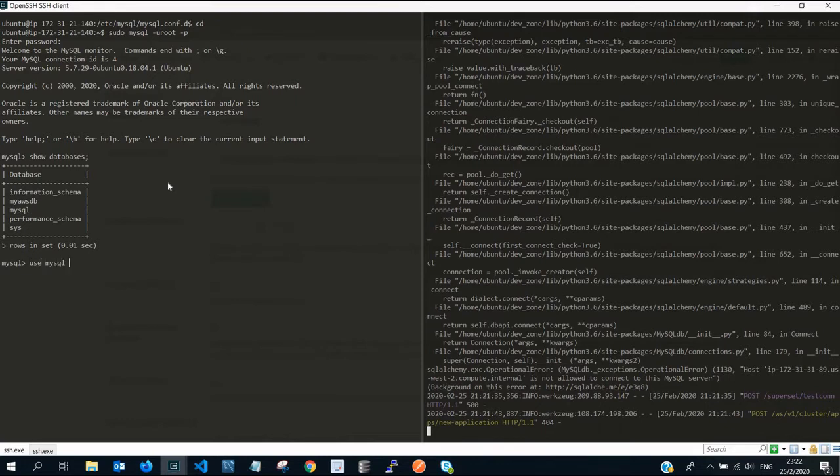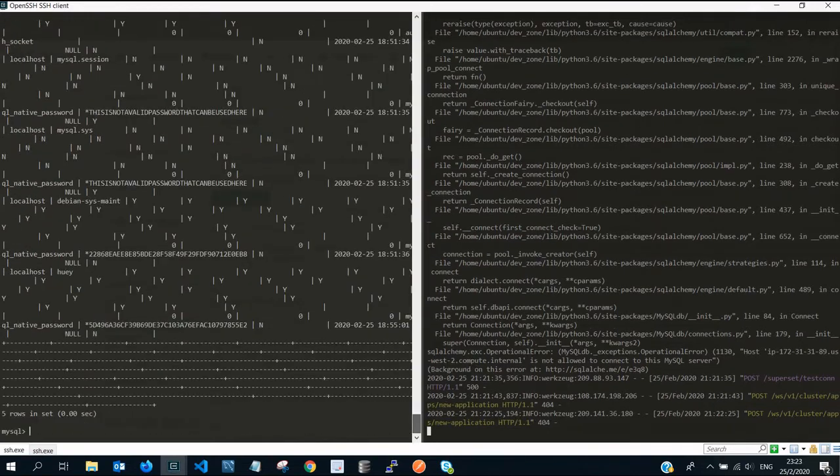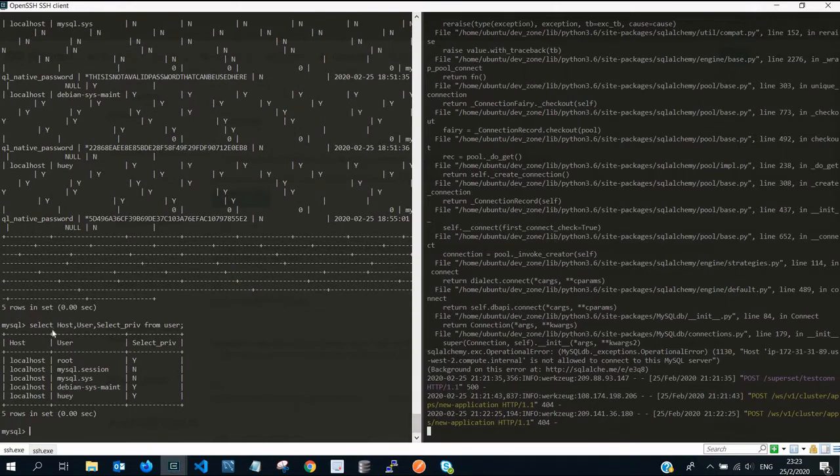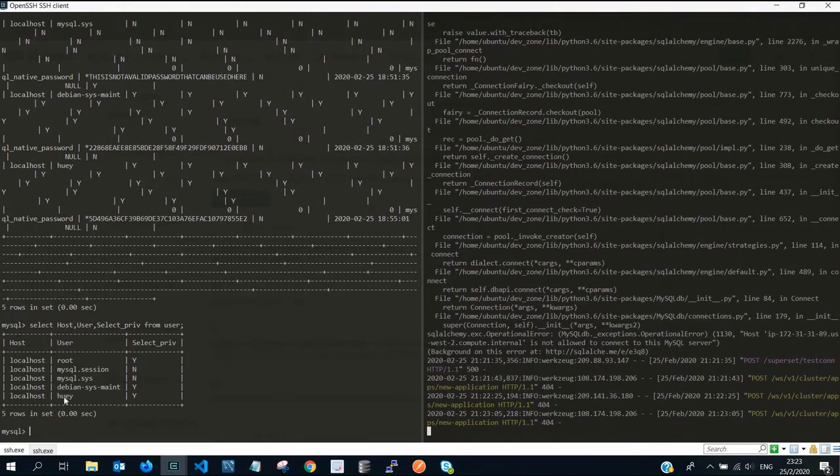So let's use the MySQL database. Okay, so I'm going to say select host, user. So this is what I'm saying. So we have a user called Yui, and the host that has been specified or